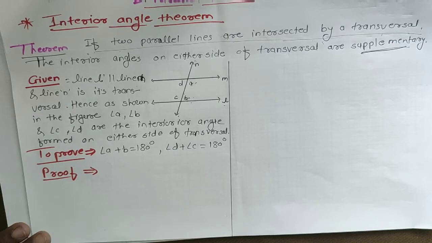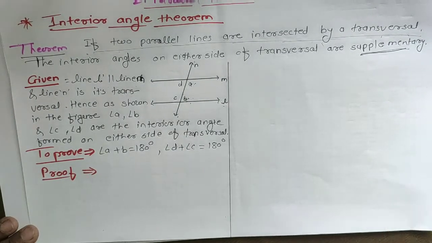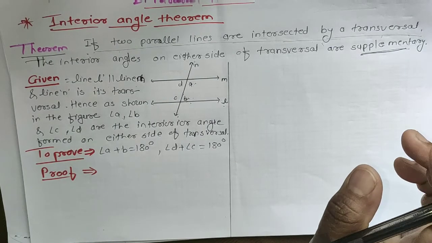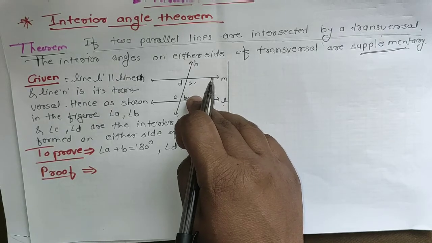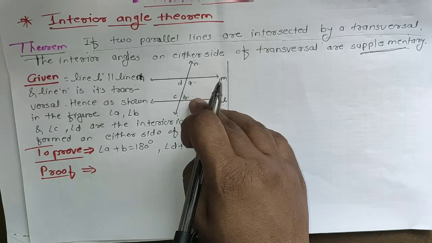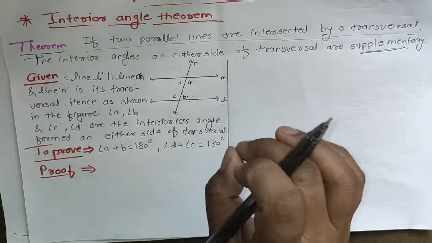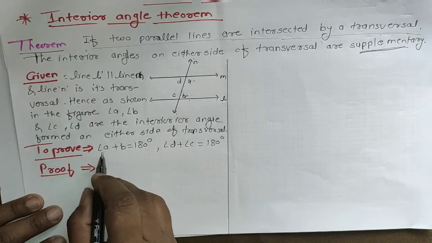So first of all, we have studied Euclid's postulates. According to them, there are three possibilities regarding the sum of A and B. Which are these three possibilities? A plus B is less than 180, A plus B is greater than 180, or A plus B is equal to 180. So we will write here that three possibilities arise.